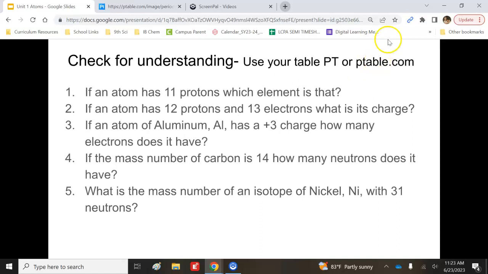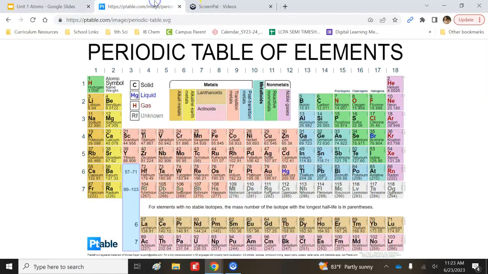A couple other questions. Again, use your periodic table at your table to answer these. So pause the video and go ahead and look through these 5 questions. All right, hopefully you have written these answers down or thought through them. Number 1, if an atom has 11 protons, which element do I have? If I go to my periodic table and I see 11 here, 11 is sodium, so the answer would be